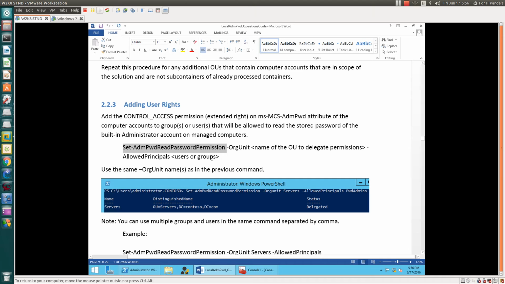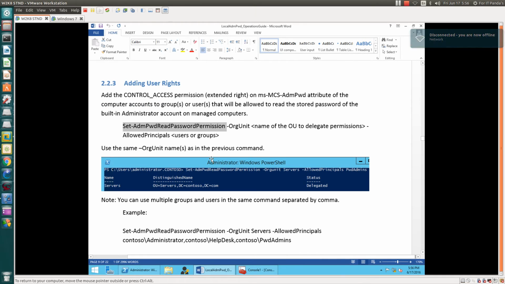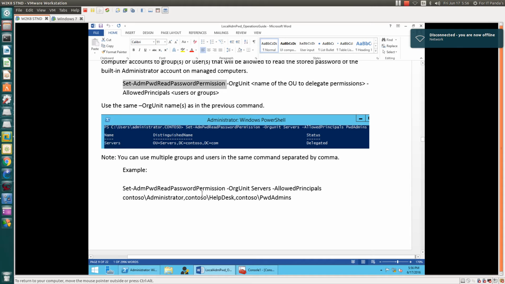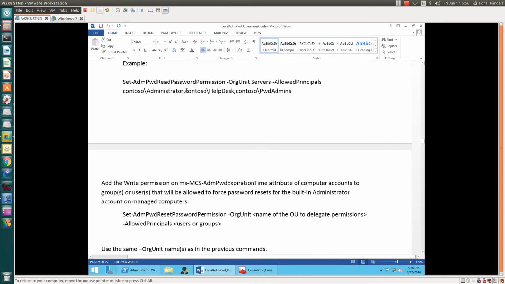So only admin can read their password, not anyone else. If you have different groups, you can add your domain name and mention your group name. In our case we just want to add one user here, which is administrator.